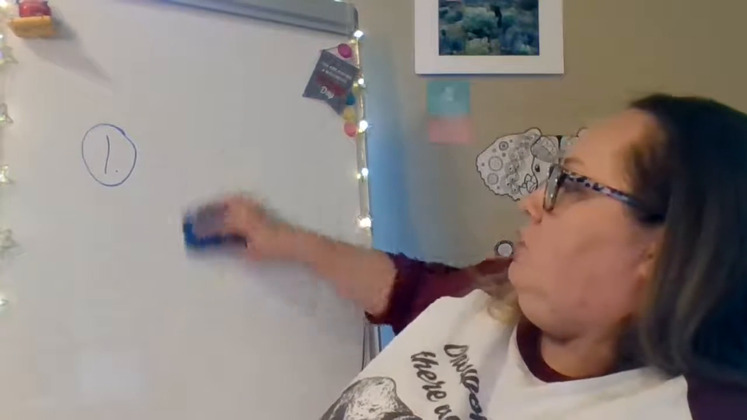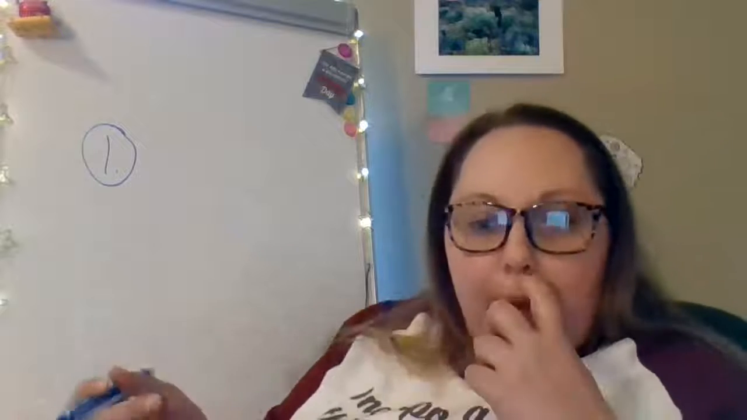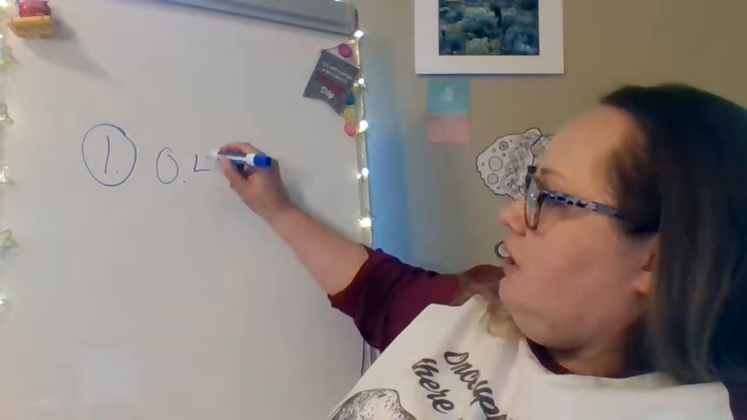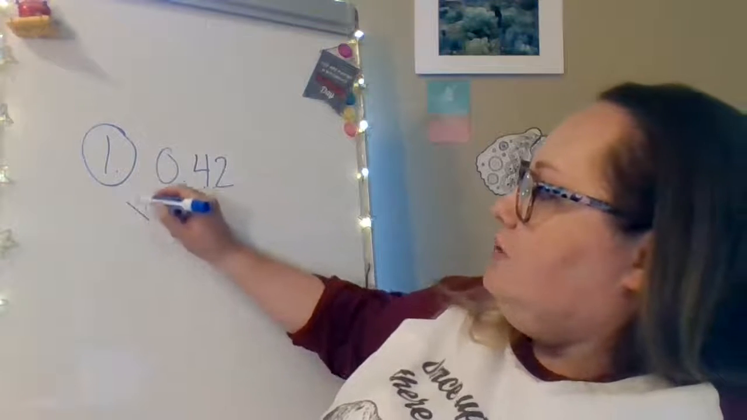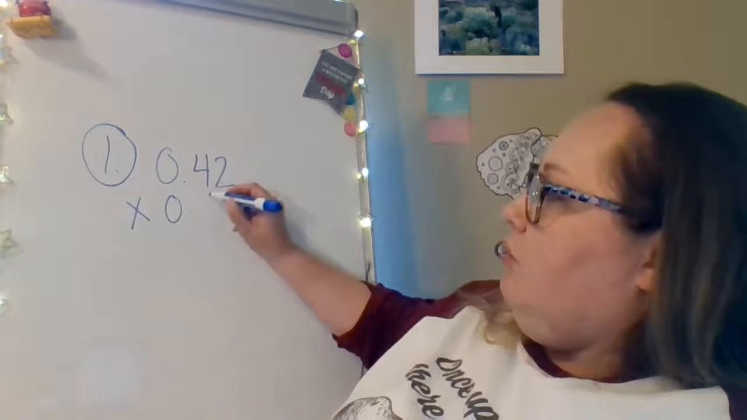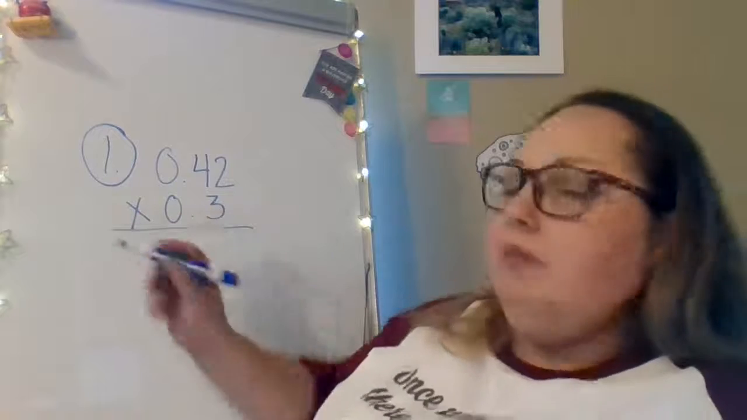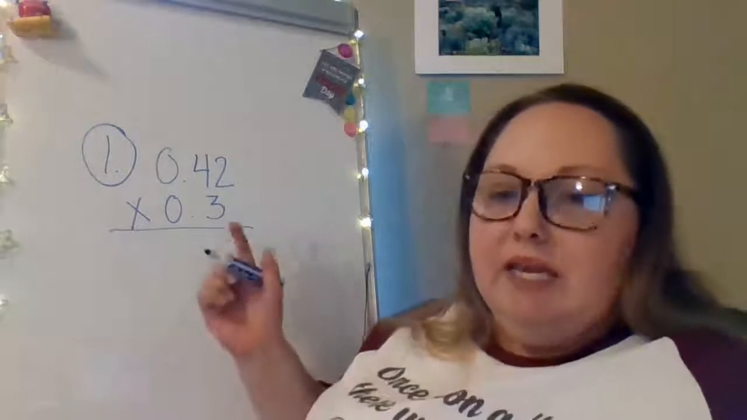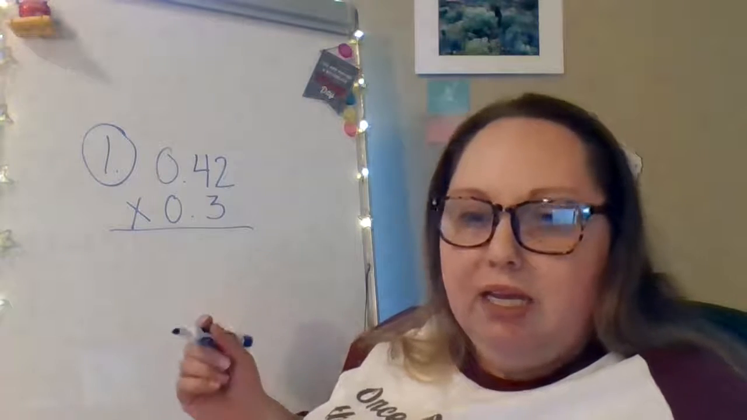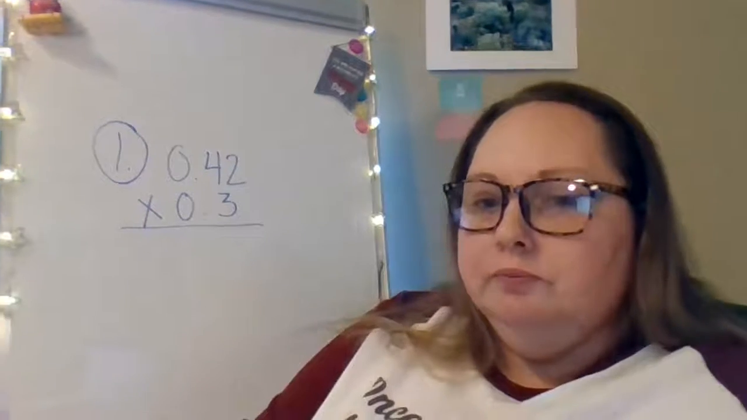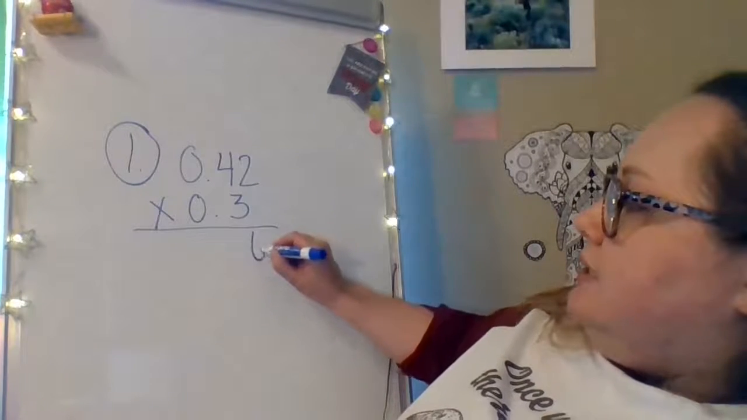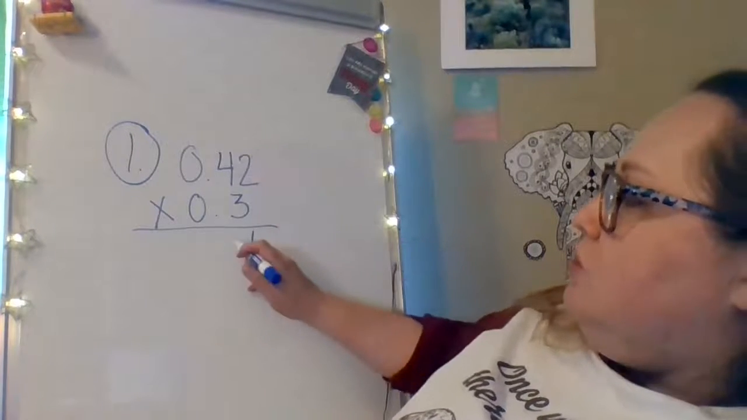On a separate sheet of paper, or if you have a whiteboard or something, you can do this as well. So you're going to write 42 hundredths on the top times 3/10, which is 0.3, on the bottom. These are the same number. This is called the commutative property, which means that I can multiply these in any order at all, okay? So what I'm going to do now is take 3 times 2 to get 6, 3 times 4 to get 12,